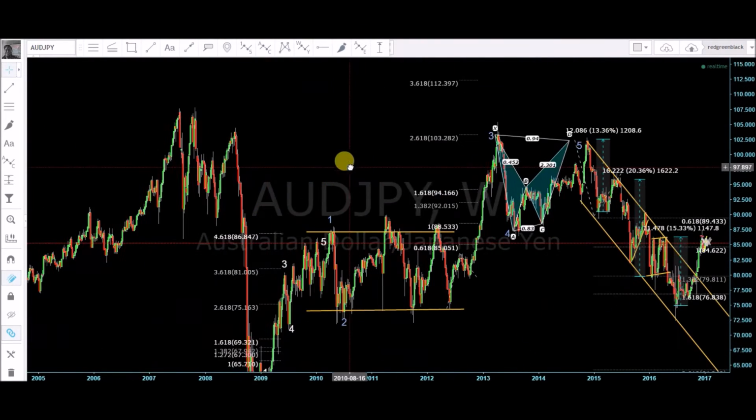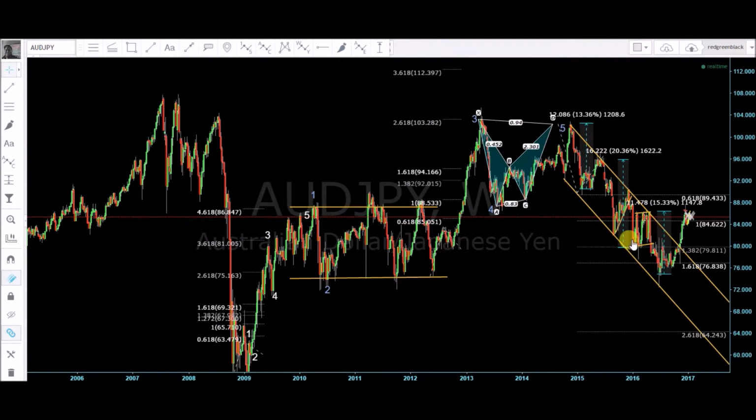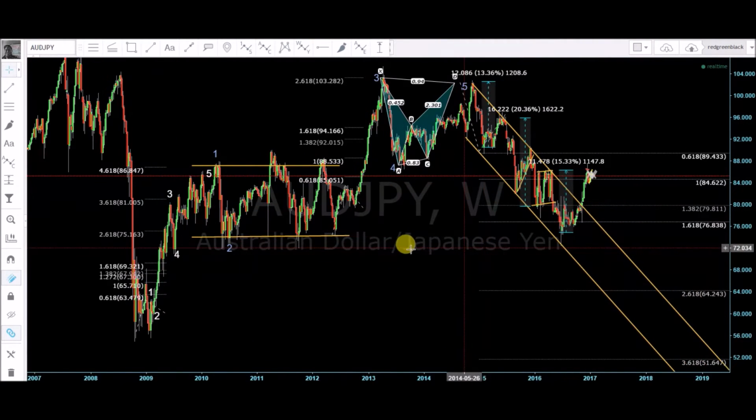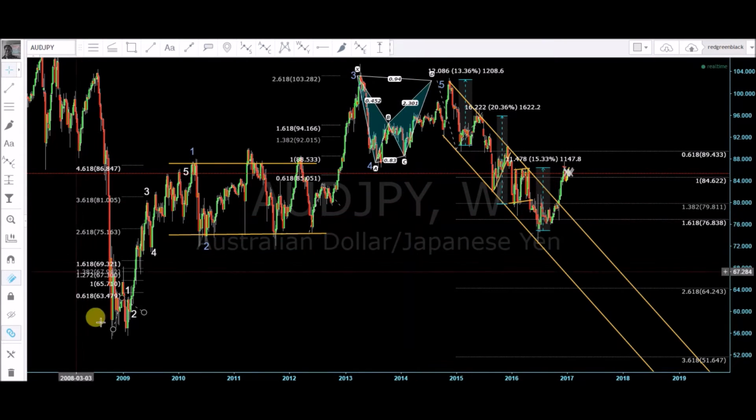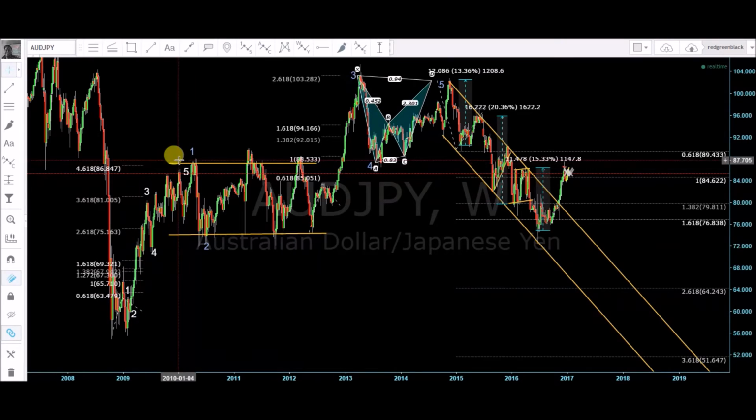And now we got all this mess. Every candle on this chart's a week. So you have wave 1, 2, 3, 4, 5, impulse 1. And this is pretty neat. So wave 1 and 2 here equal up about the 4.618. If you remember me talking in my other videos, waves 1 and 5 usually are 0.618 Fibonacci projection